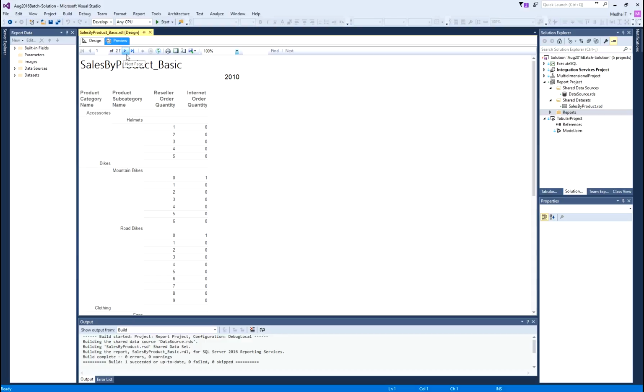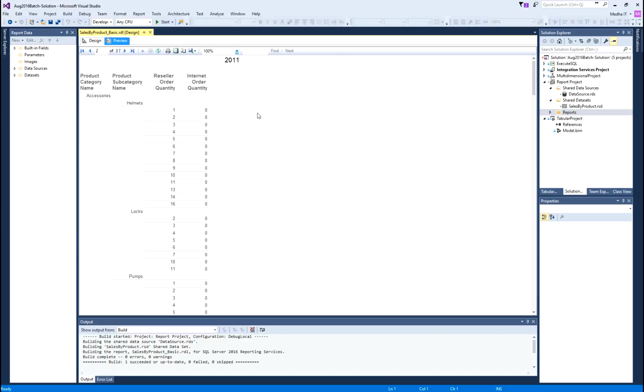So if I say next here, I should be seeing the next year's data, 2011. If I say next page, I should be seeing 2012. Like this, the report is divided by year in each page.